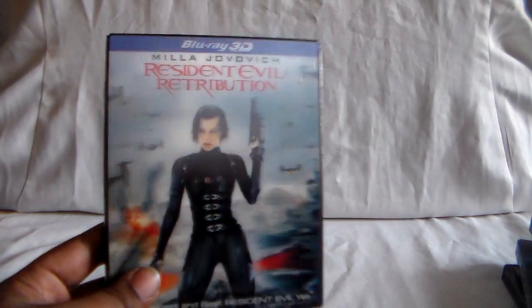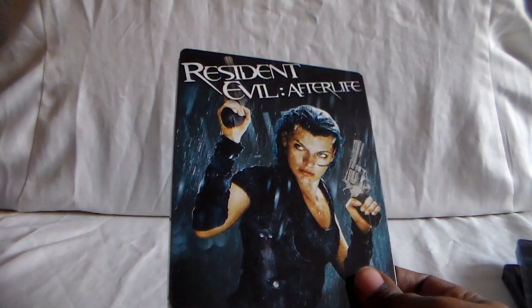And all of these I found secondhand, all pretty cheap. The Afterlife 3D, I don't think it came with a slip cover like this one. It's just the regular case. But that one I have found. I just got the 2D version. I have seen the 3D. It's pretty nice. And then last up,